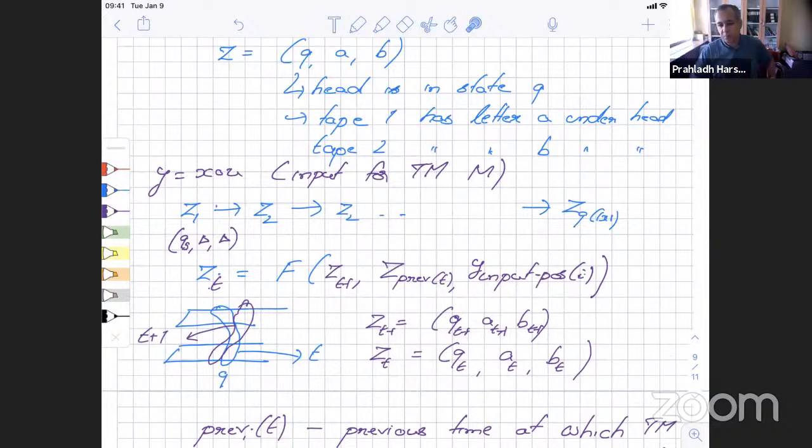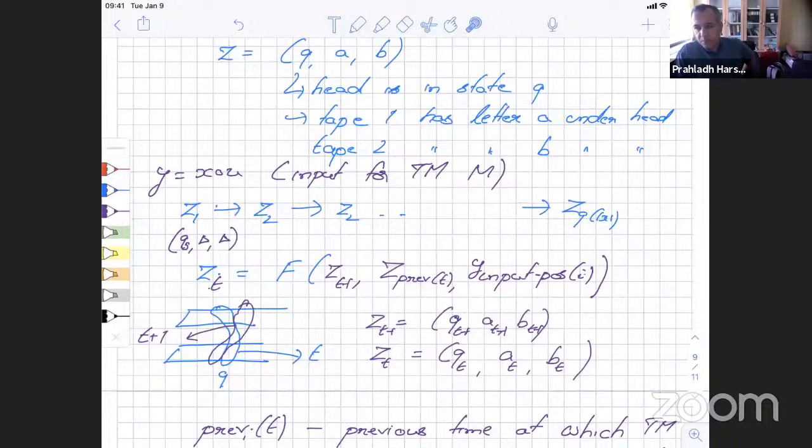But suppose it was a location that you have never visited, then one of the following happens. Either you are now encountering a blank symbol, or you are still encountering some part of your input. I mean, you just moved a little bit to the right in your input. So that is going to be captured by this input position of I. So we need to somehow populate what is the new location your head is currently seeing. Either this is a location you've already seen, or it's a fresh location. But if it's a fresh location, it's very